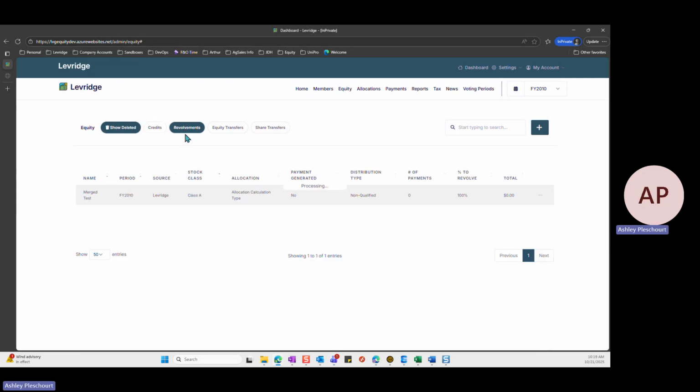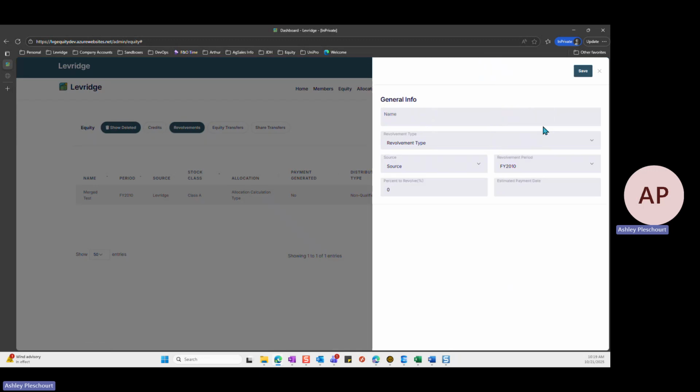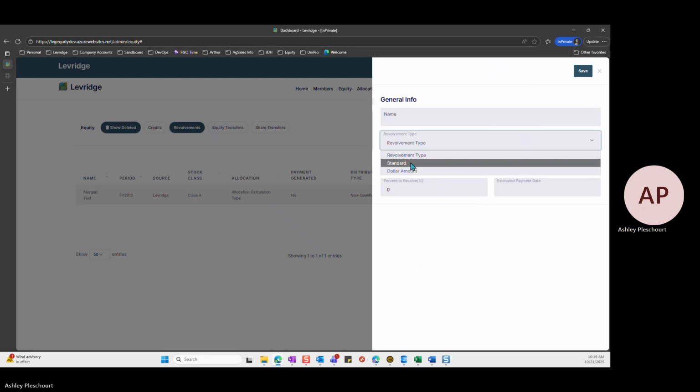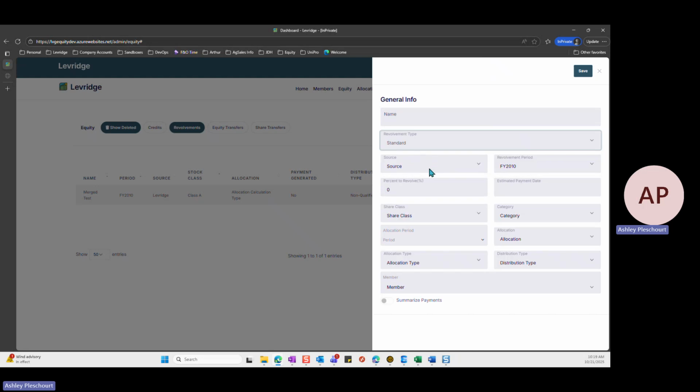In order to do this, I'll head to Revolvements and create a revolvement. Now, this menu has changed slightly. It's just a bit more dynamic. So you'll name it as usual, and then you'll select a revolvement type, and depending on which one of those you select, will determine which options become available below. I'm going to continue with standard for now,